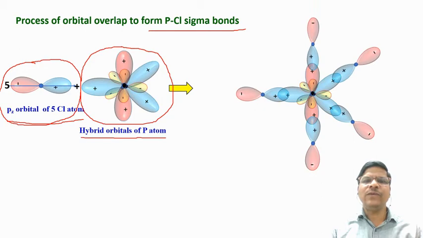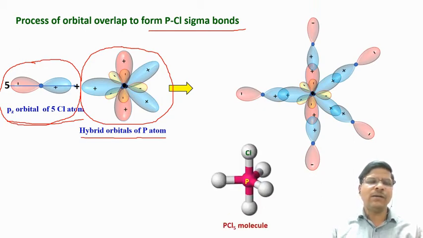They will overlap with each other and we get the formation of the phosphorus chlorine bonds. This is phosphorus, the central phosphorus, and at this end we have the chlorine. We get such a formation of 5 phosphorus chlorine bonds in the PCl5. All this process takes place during the chemical reaction and in the excited state. When the product is formed, we get the stabilized PCl5 molecule.